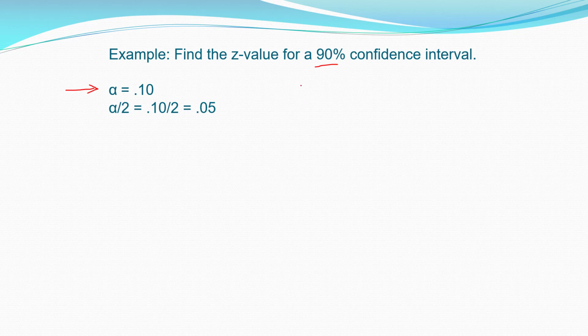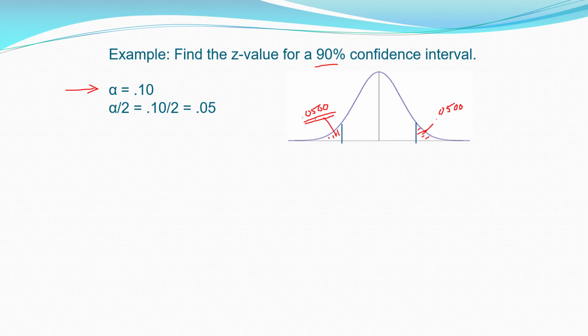So we take that and we split it in half, and we basically get a picture like we were working in the last problem. And so in our picture, we're going to have 90% on the inside, and you're going to have 0.0500 in either tail. Now, typically when I draw probabilities, when I put them in a picture and kind of picture them, I'm going to think of them as 4-digit decimals because that's the kind of value that we look for in our cumulative z-table. So if you go to your cumulative z-table and try to find the value of 0.0500,